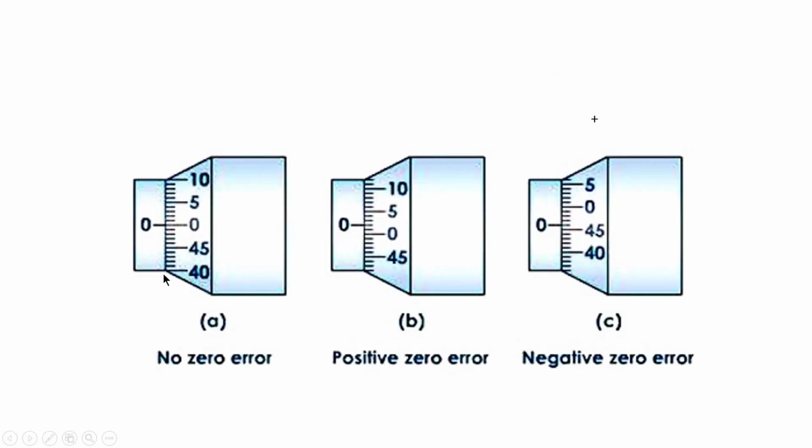See, there are two types of errors. Look at here. In this case, there is no error, no 0 error. Clear? Both are coinciding. But in this case, there is a positive error, right? But in this case, there is a negative error. Why is it a negative error? Because this is 0, this is 45, so it's going back. Okay. So this is a negative 0 error. So in case, how much negative error? 0 minus 45, 46, 0.46,